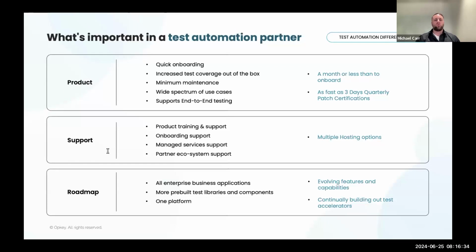When it comes to implementing Opkey or onboarding support, it could be partner led, or it could be Opkey led. While your users are possibly being trained on this, the testing program and the automation suite are being stood up in parallel. Managed services support, or handling of the quarterly patches, if chosen, could allow your partner to alleviate some resources and free up more time for your users. Overall, the support is there, provided to you by Opkey.